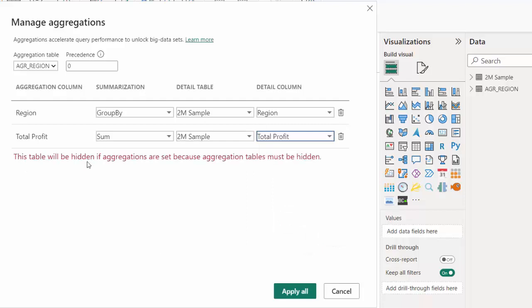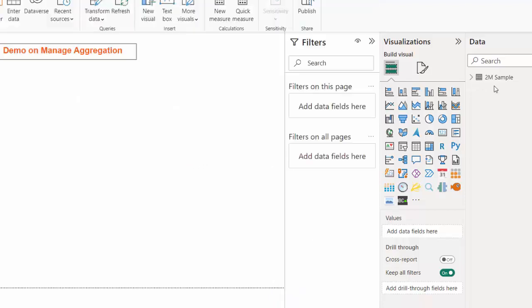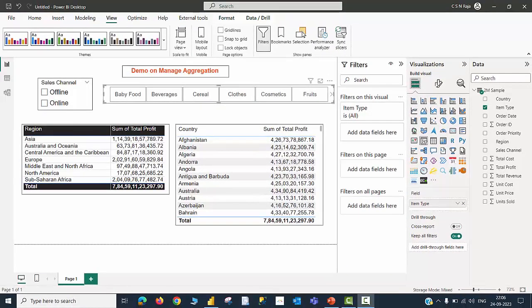Please make a note, this table will be hidden if aggregations are set because aggregation tables must be hidden. I'm going to click on apply all, then I can see one of the tables is gone now. I have created 2 tables and 2 slicers from the 2M sample table whose storage mode is direct query. However, this particular table in which the region names and total profit are provided is an import aggregate table